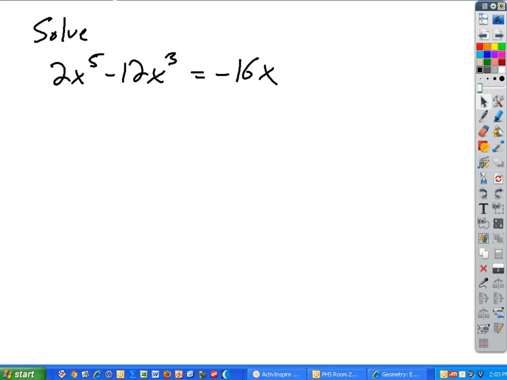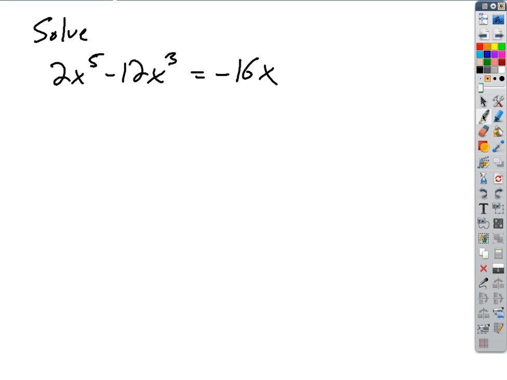So if we want to solve a polynomial equation like this, what do we do now? We're thinking back to chapter 5 stuff, right? When we solved quadratic equations, what did we always do first? Set them equal to 0, right? We got to set it equal to 0. Okay. So to do that, we'll add 16x to both sides. So we get